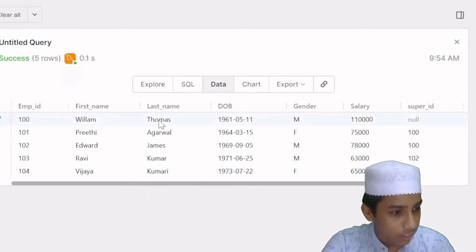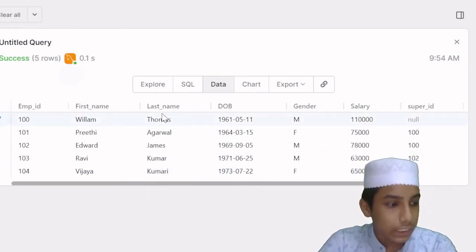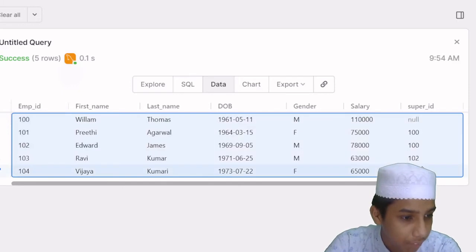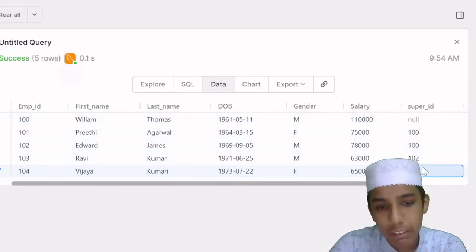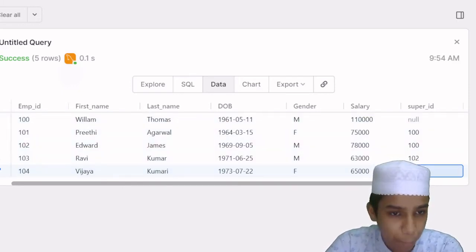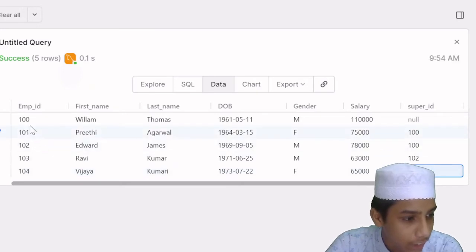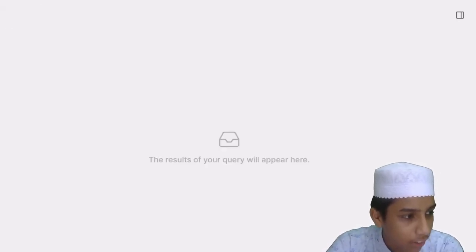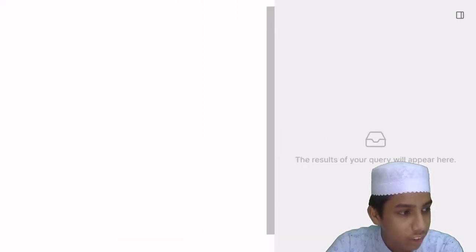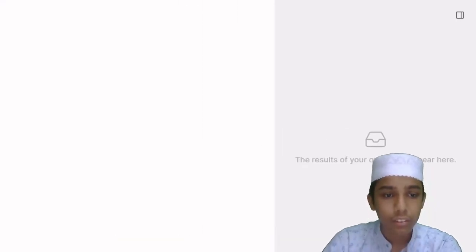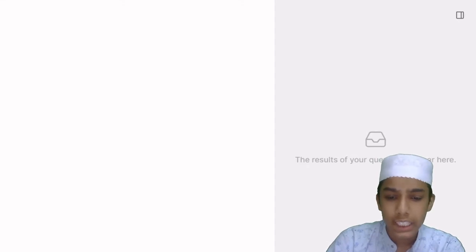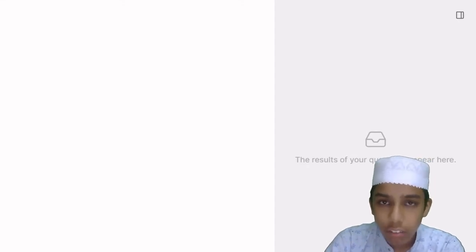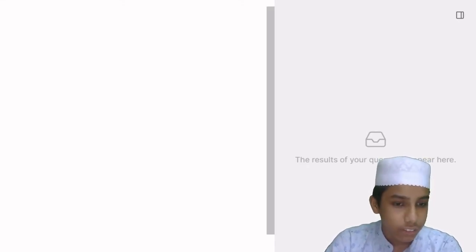As you can see here, we have just these 5 employees given. They are female and they are male also, but we have only just 5 employees. So now I am going to clear all of this. Now what I want to do is find the first and the last names of all of the employees, right? So we have select